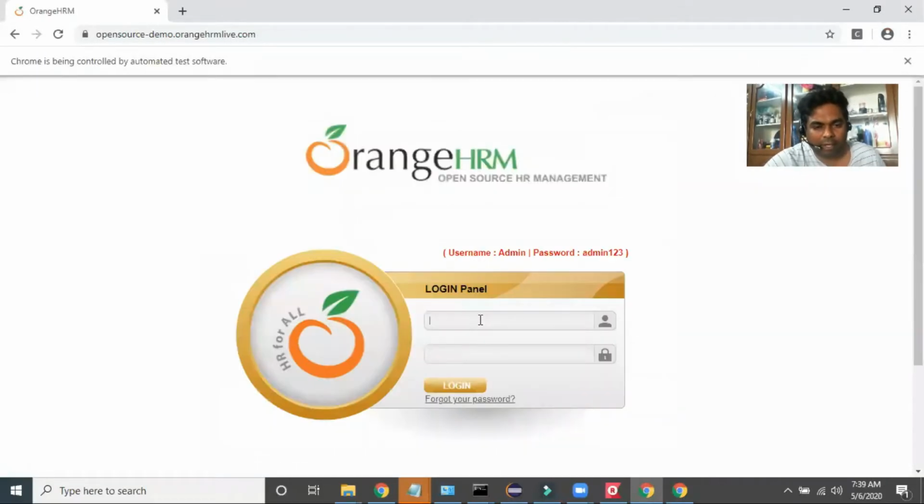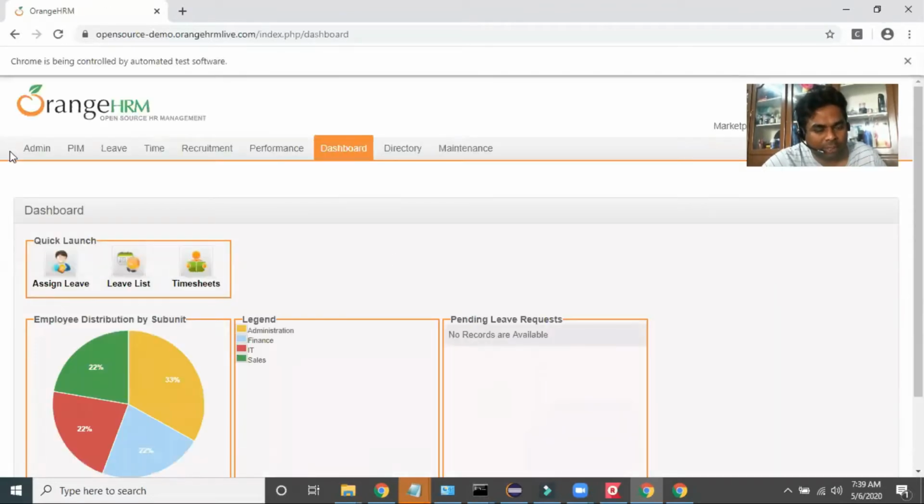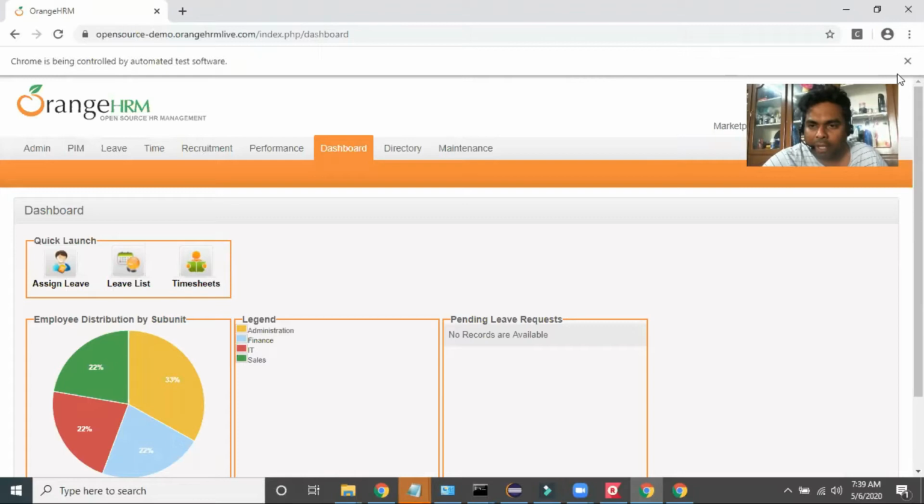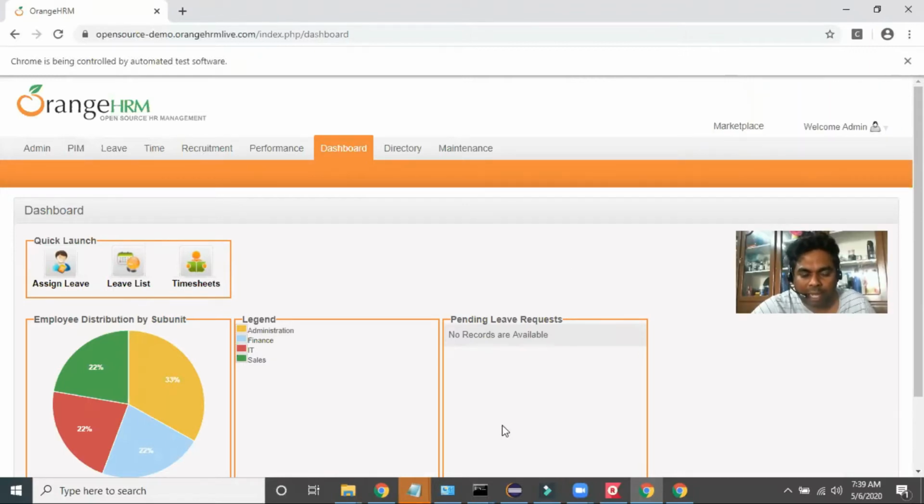So, here I'm navigating to admin 123 like that, and I want to check whether a particular web element is displayed or not on a page. That scenario, how to do that, we will see. So once I click on login, I navigate to the home page, and if the admin button or welcome button is available on my home page, which means I have successfully landed on my home page.